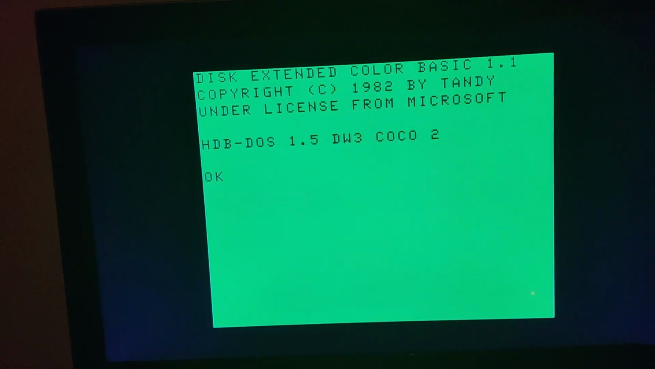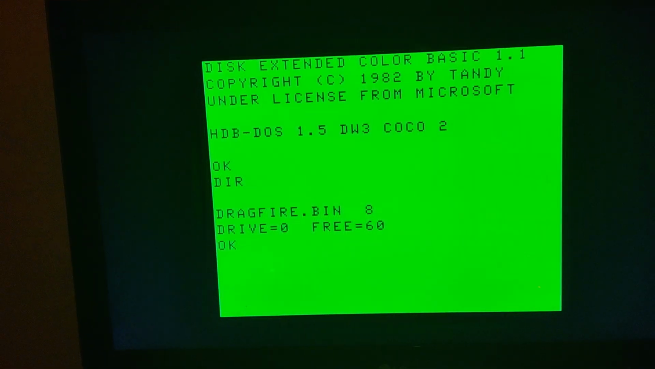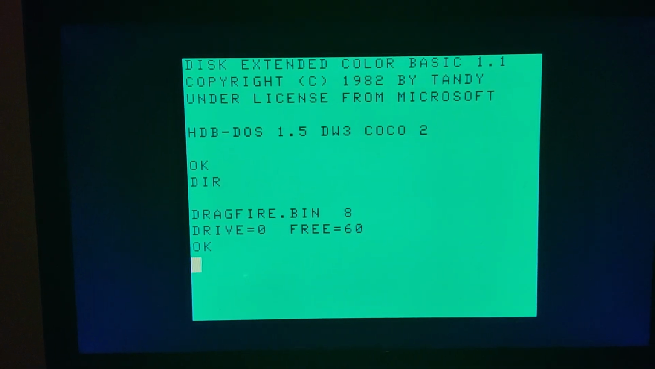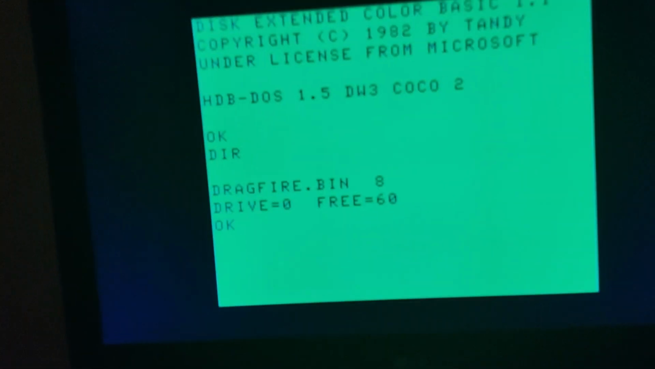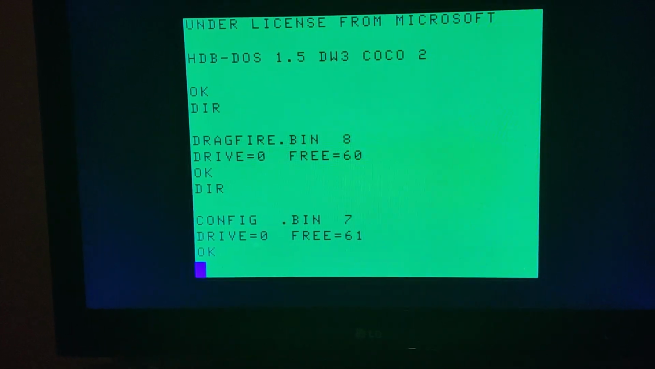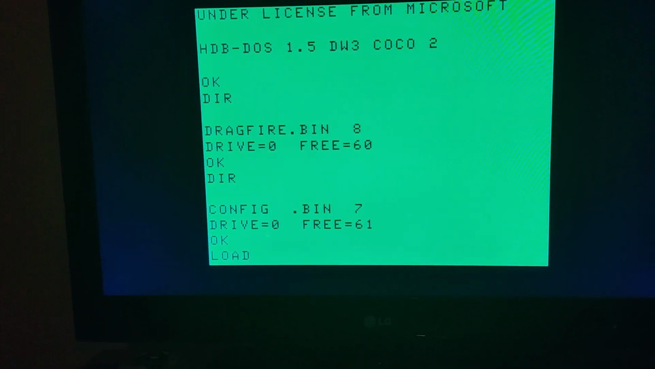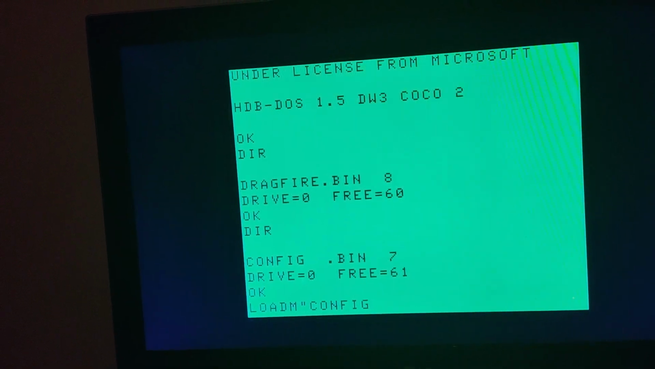So now we're here. And if I do a directory at this point, you can see Dragonfire is still mounted inside the system. But if I reset the FujiNet, right now the only reset button is on my ESP32 module itself. Sorry, wrong one, that one. And if I do a directory again, we'll see our configuration program back in place. And if we load config,